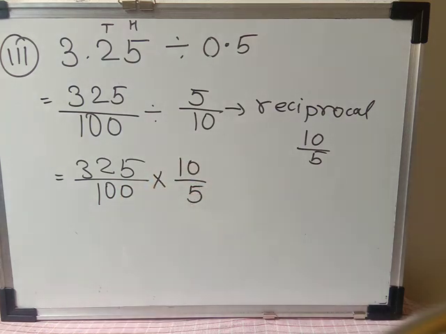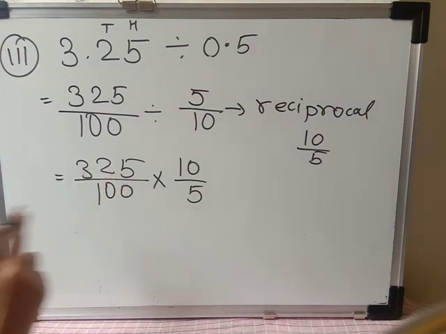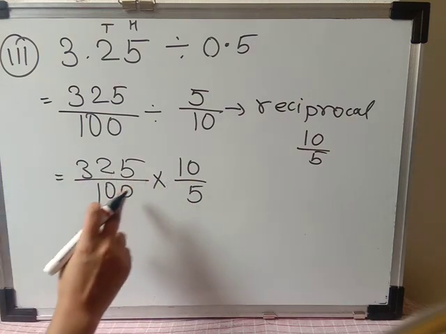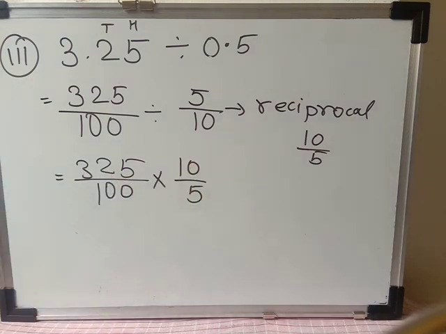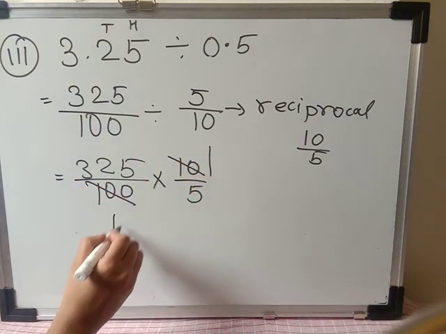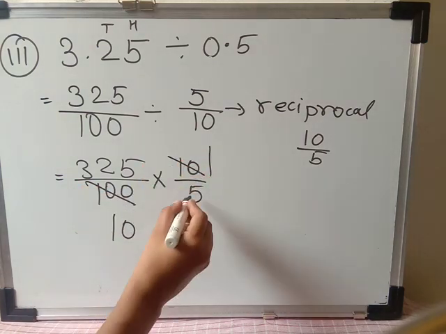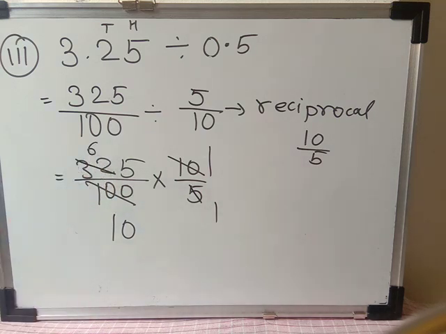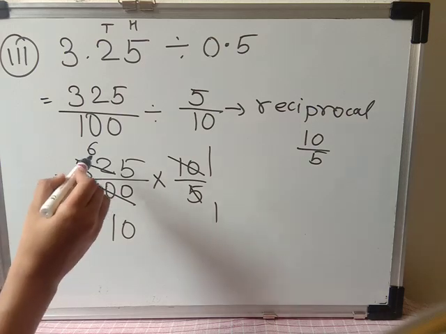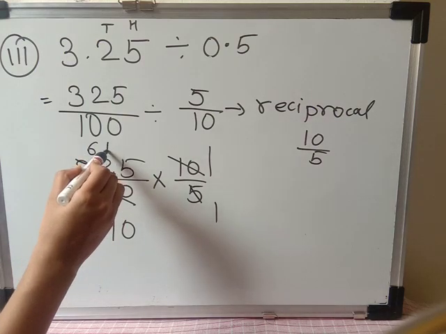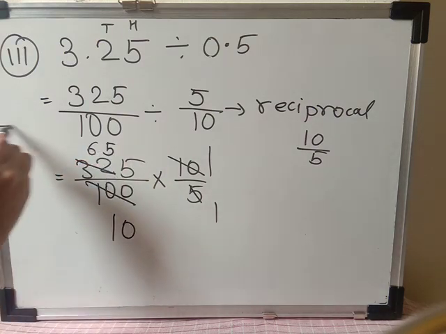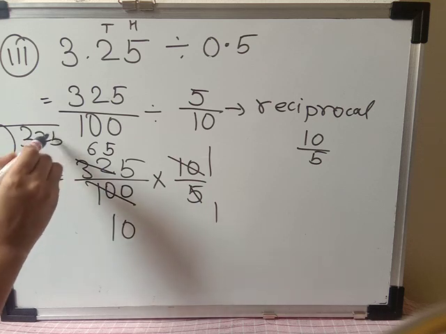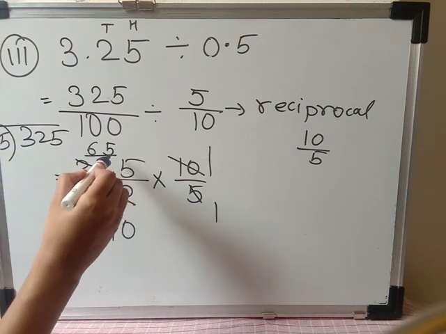10 upon 5. Now just see, before doing the multiplication, are there any numbers which are divisible? Yes. 325 is directly divisible by 5, and 100 is directly divisible by 10. So 10 ones are 10, 10 tens are 100. 5 ones are 5. Here 5 6s are 30, and 32 minus 30, 25 is remaining, so here will come 5 5s are 25. Divide 325 by 5 and you will get the answer, that is 65 only.